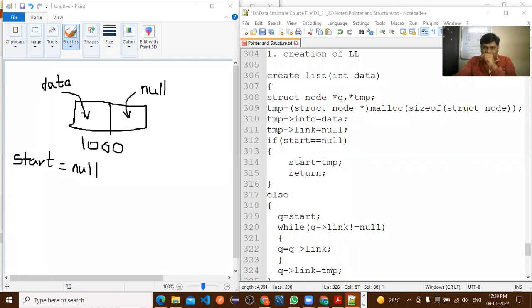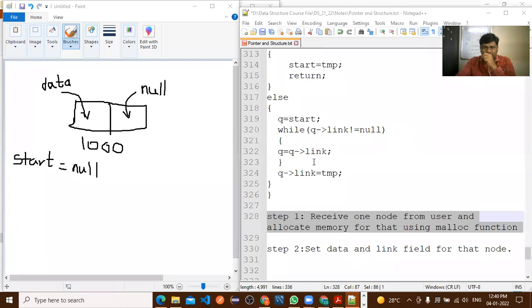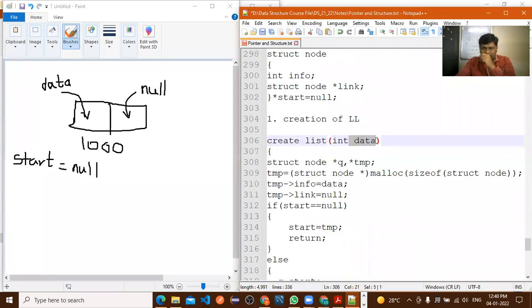Yeah, I'm audible. But what I'm asking: step number 1, receive one node from the user and allocate memory for that using the malloc function. All of you understood these steps? So how have we performed these steps? First we have created a node with the help of a self-referential structure. Now create list int data, so here we are passing the data to this parameterized function.